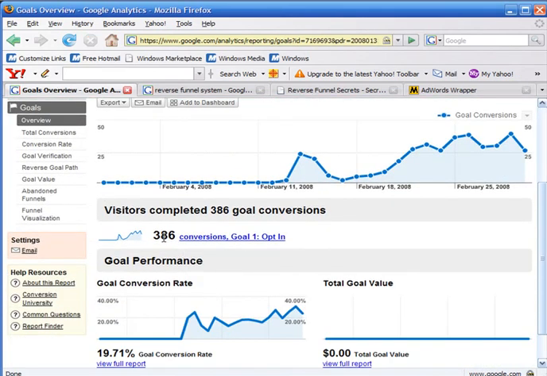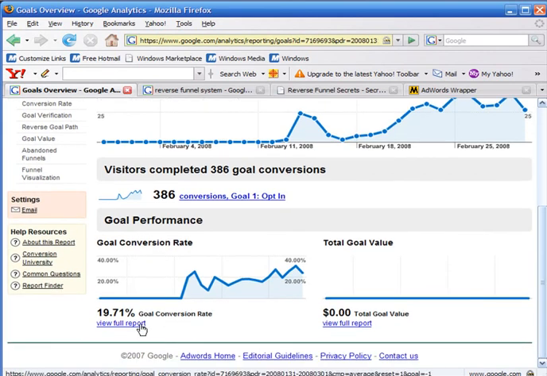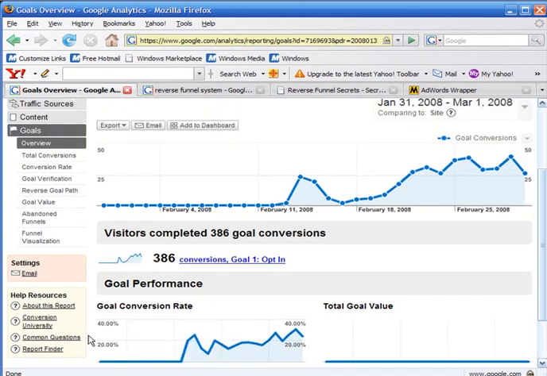We've had 386 opt-ins for a total opt-in rate of 19.71%, which is our goal conversion rate, and that's pretty good. We're converting at about 20% on the page, so I mean that's a pretty darn good opt-in rate. Basically 1 out of every 5 people who hits that page is opting in. So we're building a pretty serious list here, and you can set that whole thing up all through your